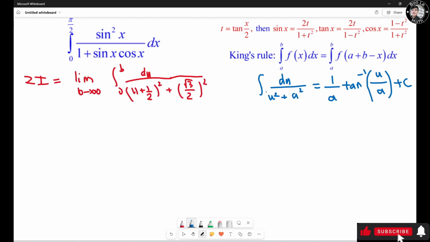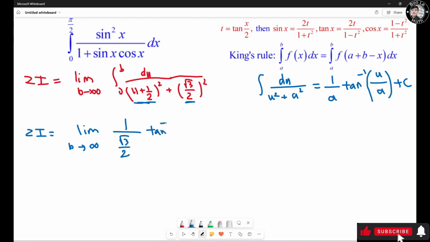Now we have the formula: the antiderivative of du over u squared plus a squared equals 1 over a times tangent inverse of u over a, plus c. In this situation, u means the whole thing right here, and this one is a. Then we have 2I equals the limit as b approaches infinity. Now take the antiderivative of this one, it turns out to be 1 over root 3 over 2,